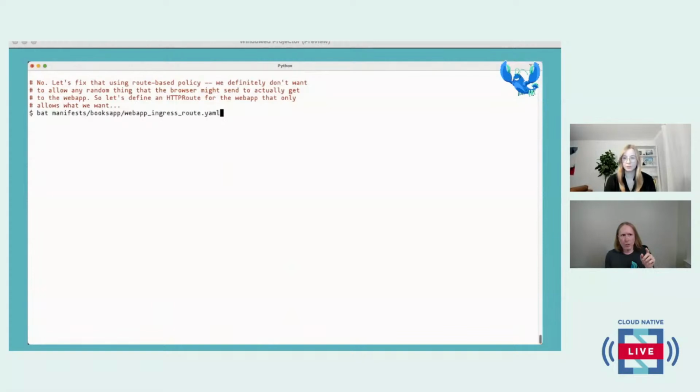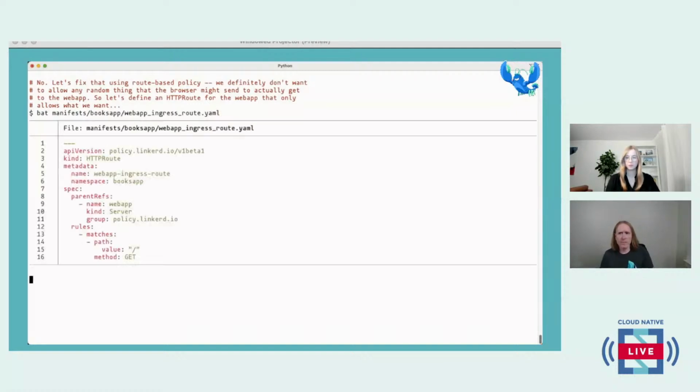The reason for this is that the web browser is not inside the Books app namespace. The web browser on my desktop here is actually talking to Emissary, which is in the Emissary Ingress namespace. Anyway, it's not in the Books app namespace, so it cannot talk to anything inside it. We have locked the Books app namespace down. So we need to put in some stuff to allow the browser to talk all the way through to us. And this one we're going to do with route-based policy because we don't really want the browser to just sling anything it wants to and have it make its way all the way into the Books app.